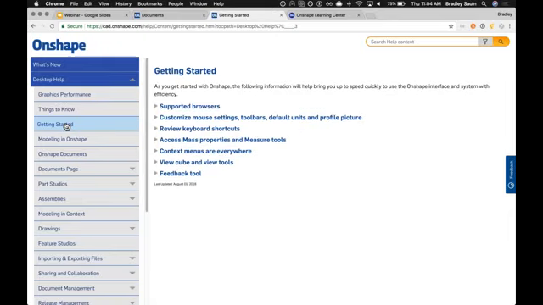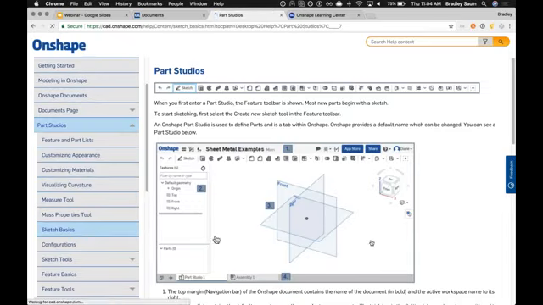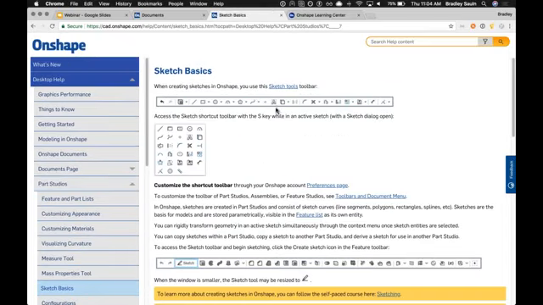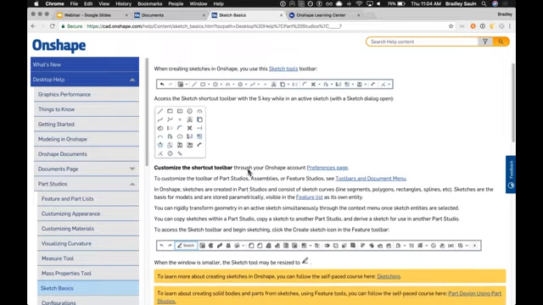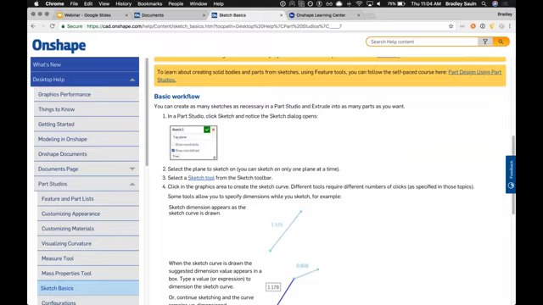This really helps explain the philosophy to Onshape, how we're approaching things the way we're approaching them. And then each of these aspects, if we go and say to our part studios and we go into Sketch Basics, it walks you through where certain things are located in the user interface, walks you through basic examples and workflows to really go and get